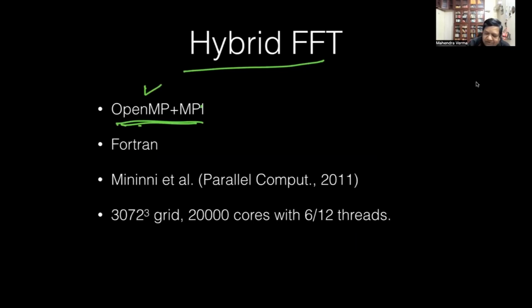Within a node, we do OpenMP, shared memory, but across nodes, one does MPI. This is by Minini et al. They went up to 20,000 cores, and they're doing threading.